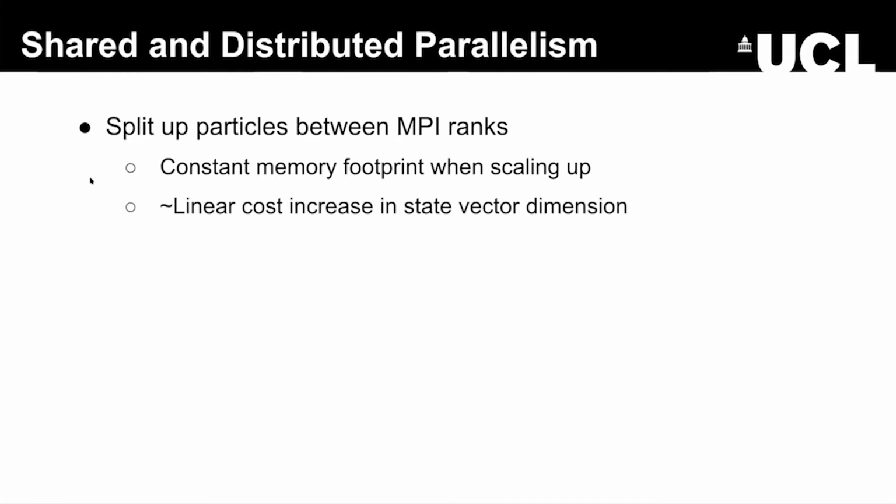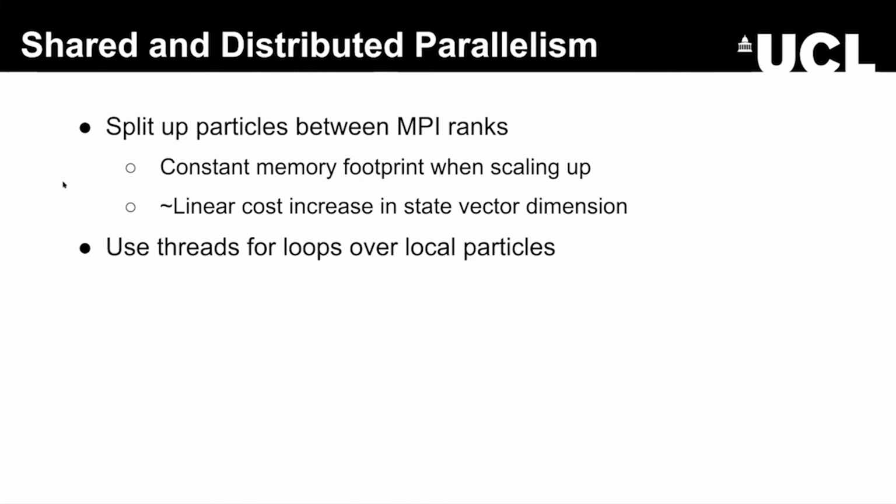And it also means that the cost increase in the dimension of your state vector is roughly linear in the particle updates, and it brings some cost in the communication phase, but I'll come back to that in a moment. Then for the shared parallelism, you can use threads for particles that live on the same MPI rank, and Julia has a very nice interface for doing this using a macro. You just decorate the loops that you want parallelized with this macro,